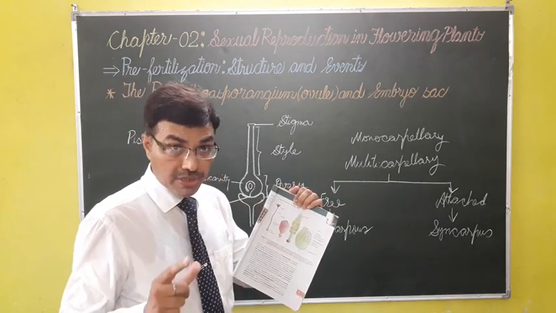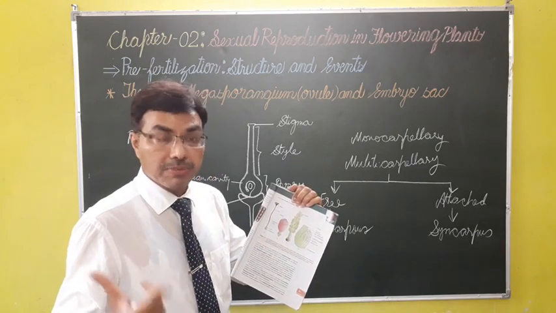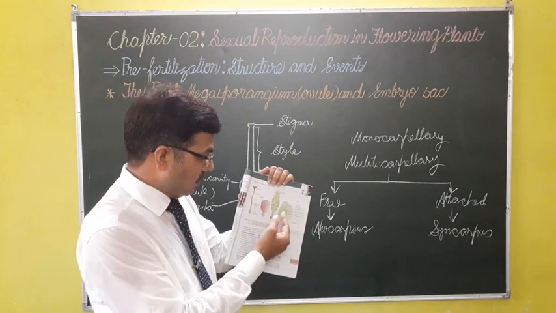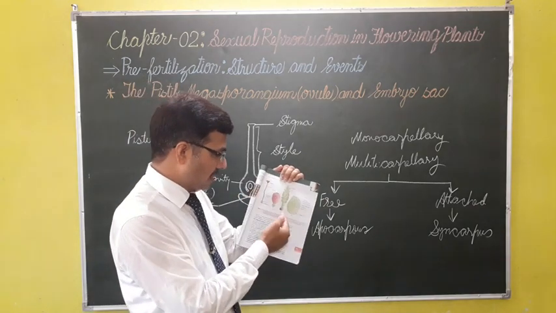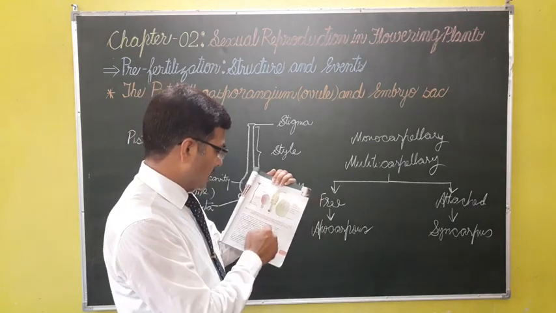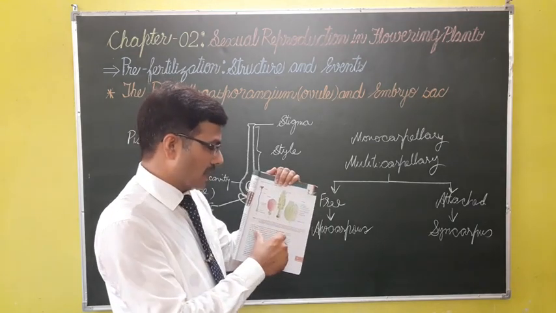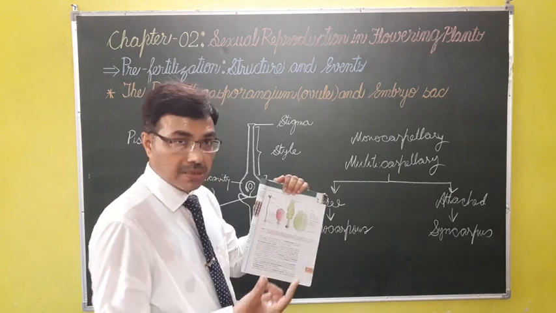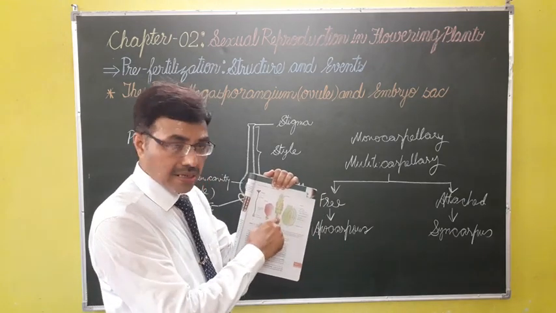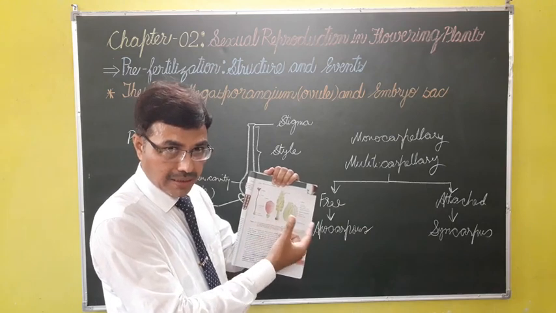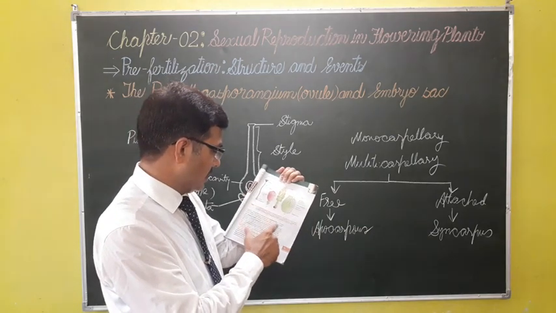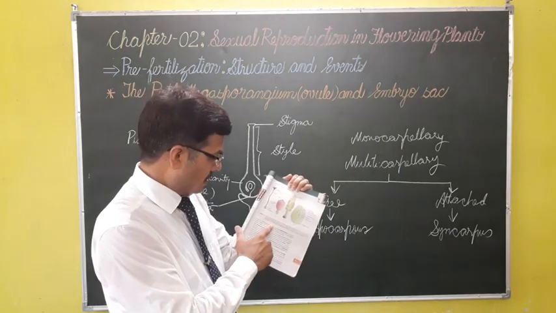It's a very important question. Very often it is asked in the board examination. The question is asked from this figure only. Now one more part, B. In this picture, the gynoecium is showing the apocarpous condition. Here the pistils are separate, visible very clearly, and the example for this is Michelia.